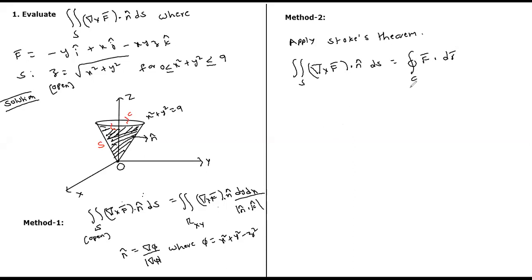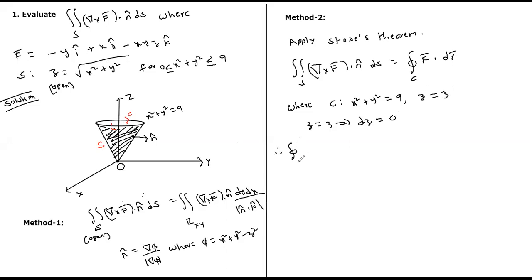So what I want to do is to find the line integral. But where is this C? x square plus y square equals 9. C is a circle. Where is this circle? Put x square plus y square equal to 9 here. The circle is on the z equal to 3 plane. Can you see that? This is in space. It is not on the xy plane. Do you agree? So when z equal to 3, what is dz? 0.